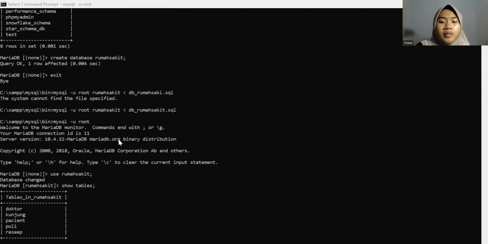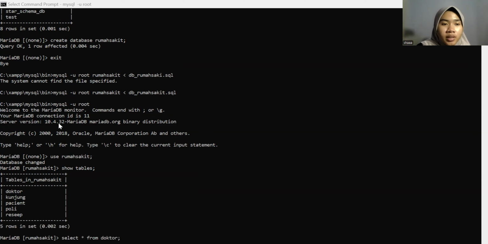The system will reply with a database change, which just means the Rumah Sakit database has been selected and is ready to use. Next, we run the command show tables, which is used to display all tables inside the Rumah Sakit database. For the second question,